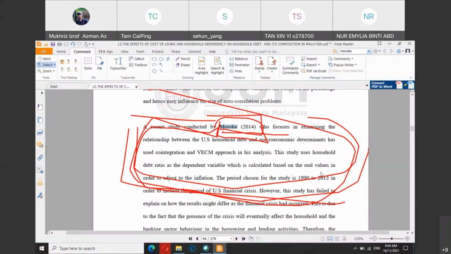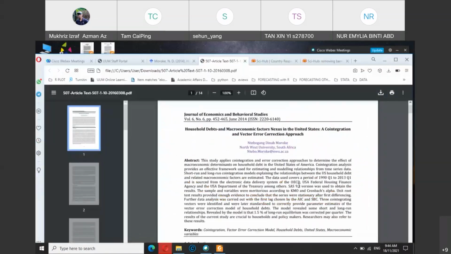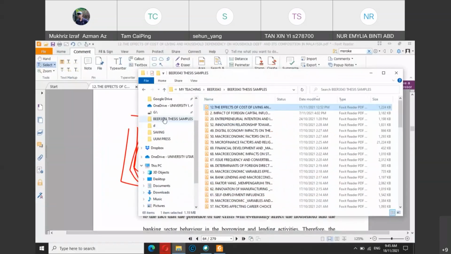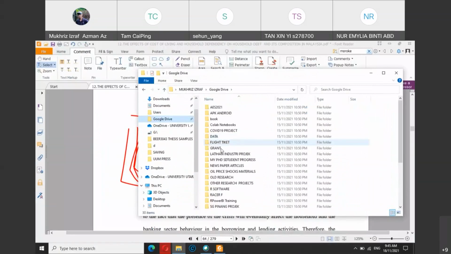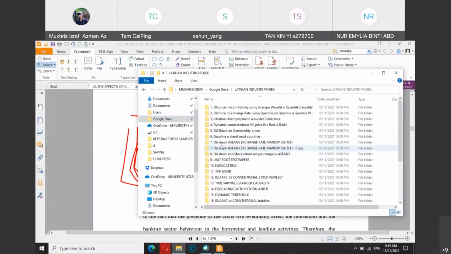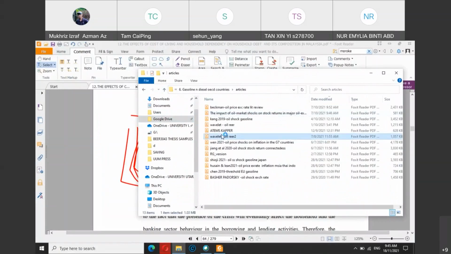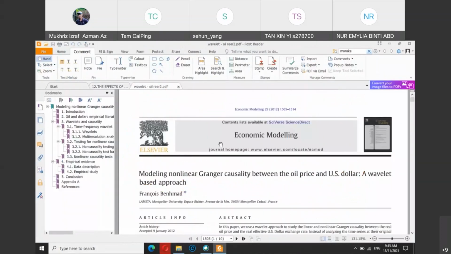So you've got other options, other styles of writing, especially the original one. So this is the best way to refer to an article and put it in your own thesis. So the more theses or journal articles that you read, I think I showed you before, right? Any journal article that you refer to, for example, if I open one article.